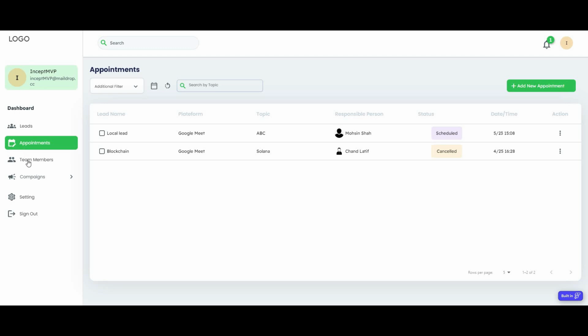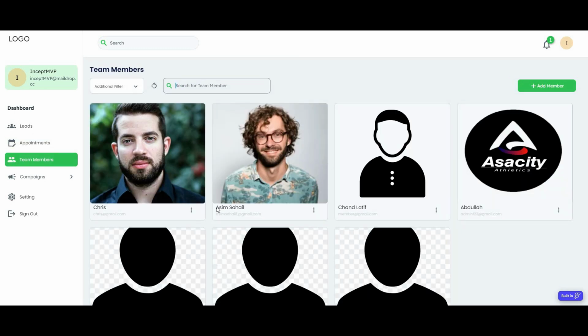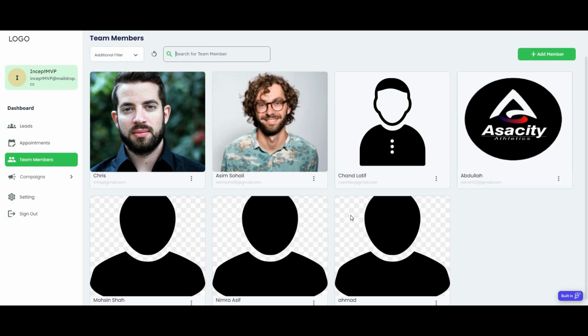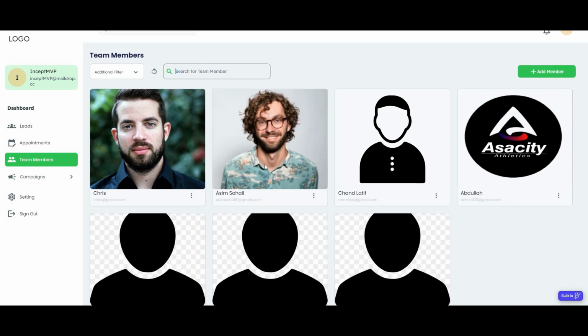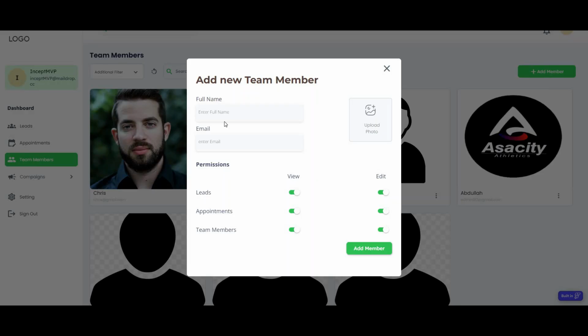Moving forward, we have the team members section, and here we can see all the team members we have added in our system which are managing different leads and different appointments which are being scheduled for different leads. To add a new member, we'll just simply click on the add member button, and we'll just simply enter the specific